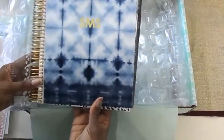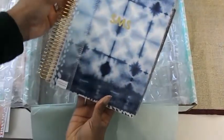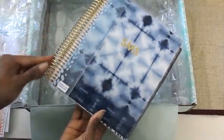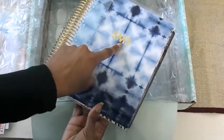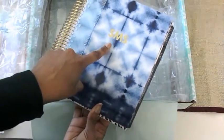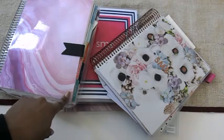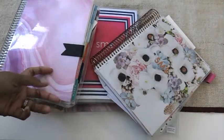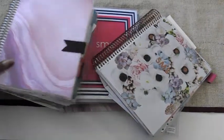Okay, so this is the actual planner. It comes with a ruler. It is spiral bound. I chose this color of the spiral to go with the customized initials on the front. These are my older planners, old Erin Condren. I've been using this for 3 years. This is about to be my 4th year using the Erin Condren. And like I said, you can customize